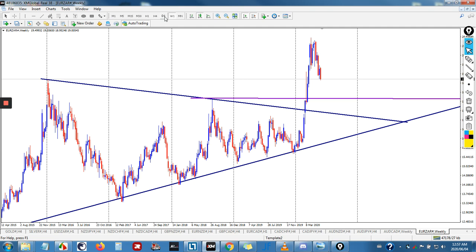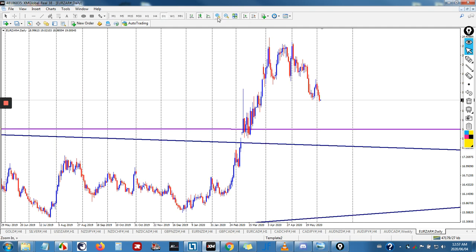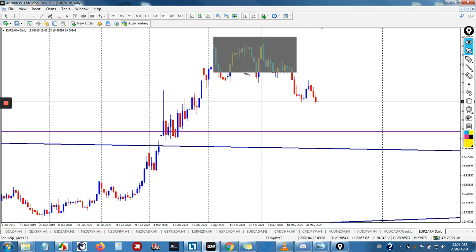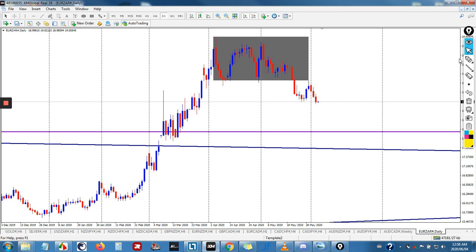go to the daily. From the daily, I already see a range just by blinking my eye. I see a range here. There was a range here. On this range, when the market came down, came up, came down, then there was a breakout of this